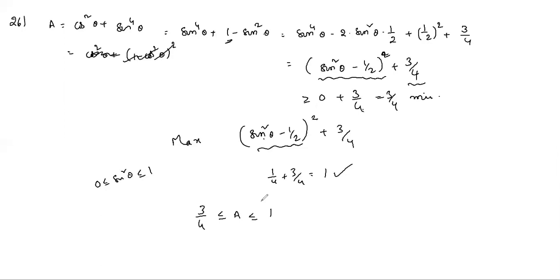You find the range. Okay. Next, 28: cot x minus cos x into cot x equals 1 minus cos x. How do you find the general solution of this equation?